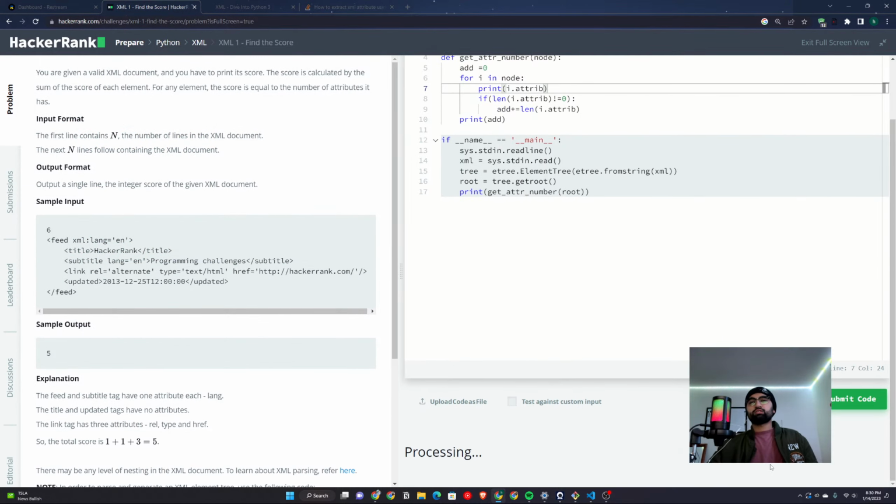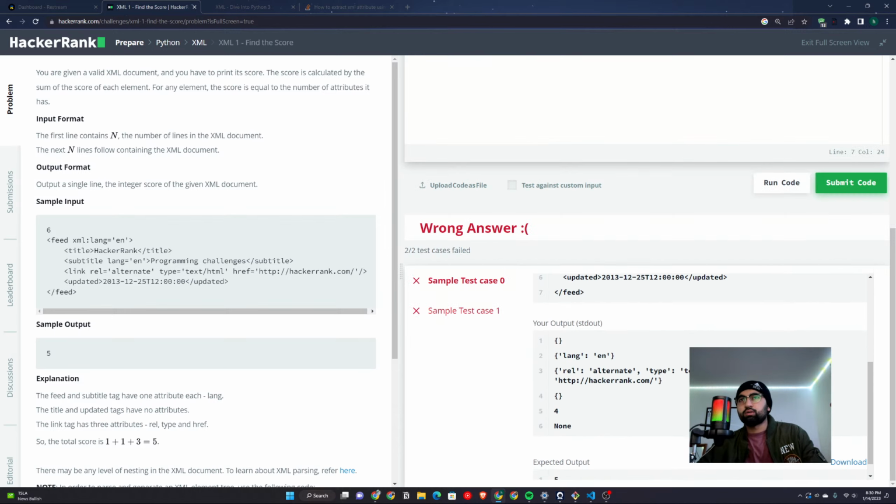Some weird functions they wrote, attrib. Okay, so we have 1 over here, 2 over here, 3 over here. So and then there's going to be 1, 2, 3, 4. Right? So what about the